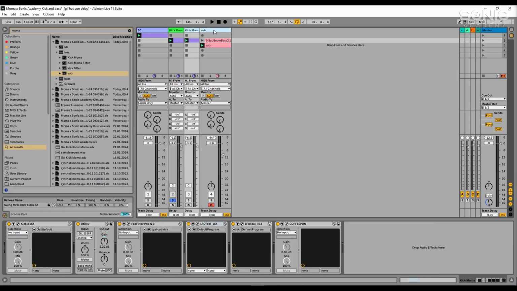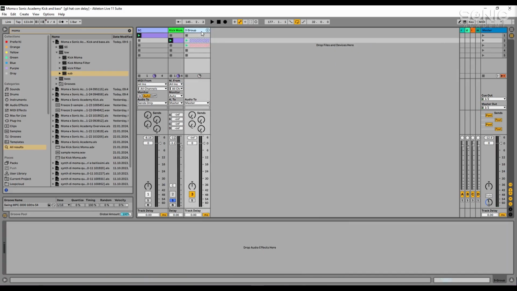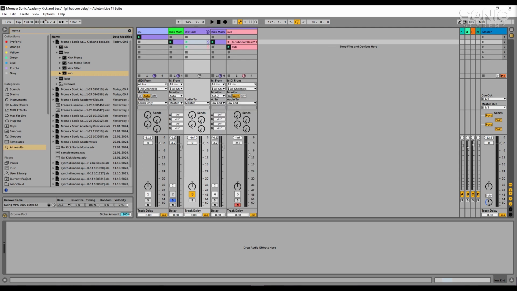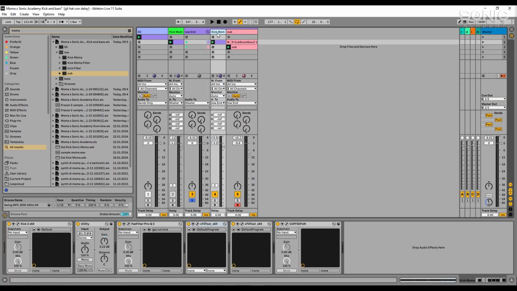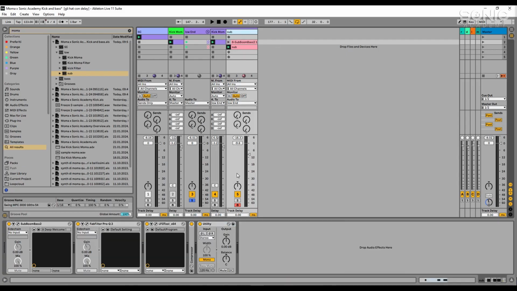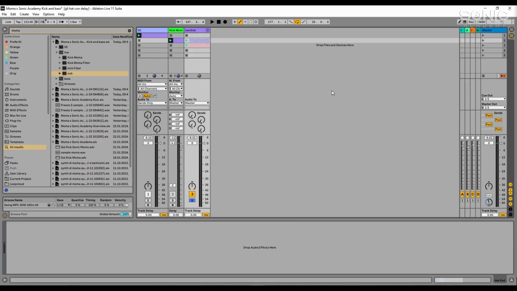out, and I create a group of them together, and I call this low end, because I treat the kick and the sub together. But we will do this later in the mixing stage. So we created a group together. Inside we have my main kick and my sub bass. And let's now create the other